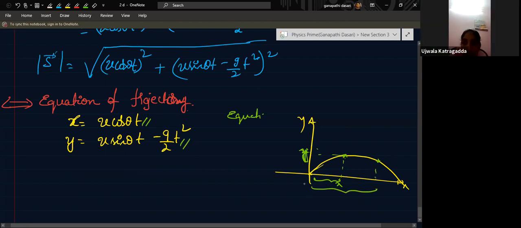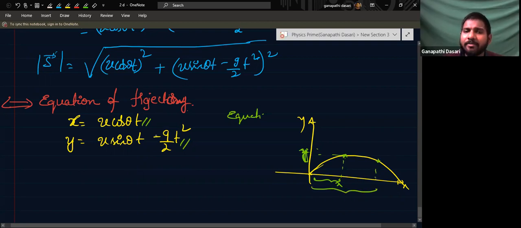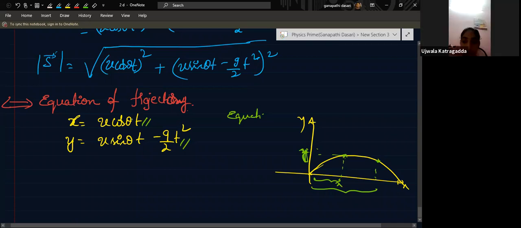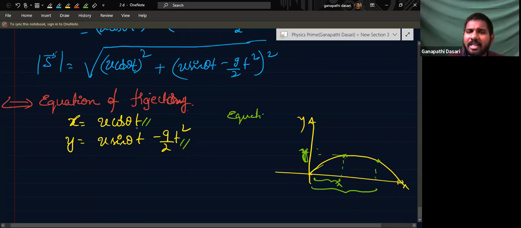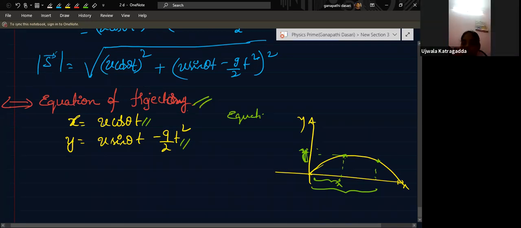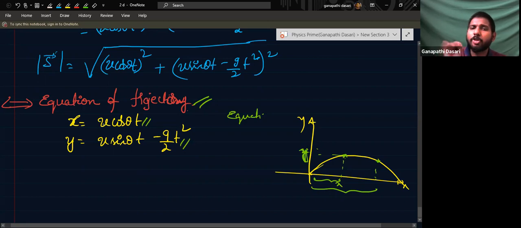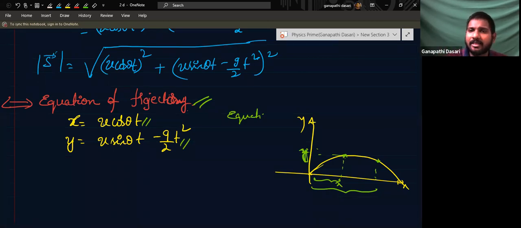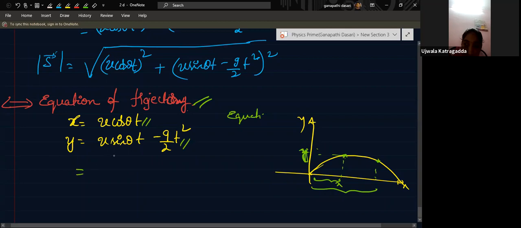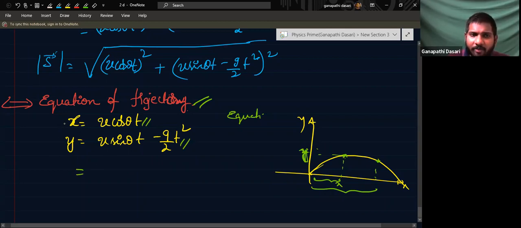Yes, sir. So we have to eliminate the time coordinate which is common in both of them and get the equation in x and y. Whatever new variable is there, you eliminate it in terms of x and y. Then you will get an equation in relation of x and y. That is called the equation of trajectory. Even if some new question is asked, you should be able to figure out and just write an equation. So from here, this first equation I'll call 1, and this I'll call 2.